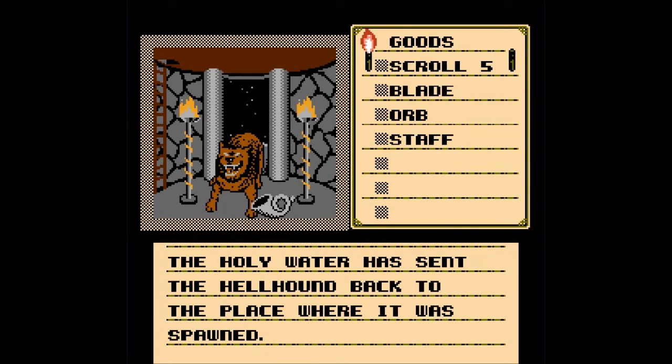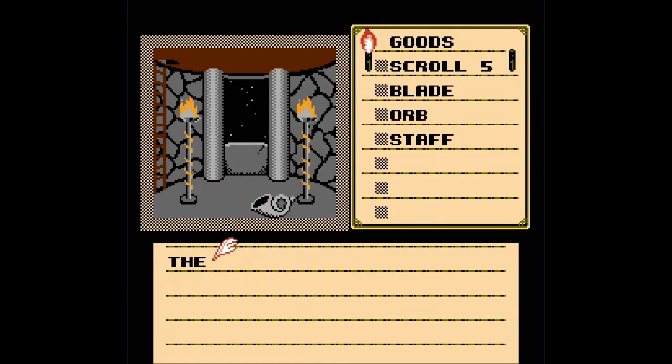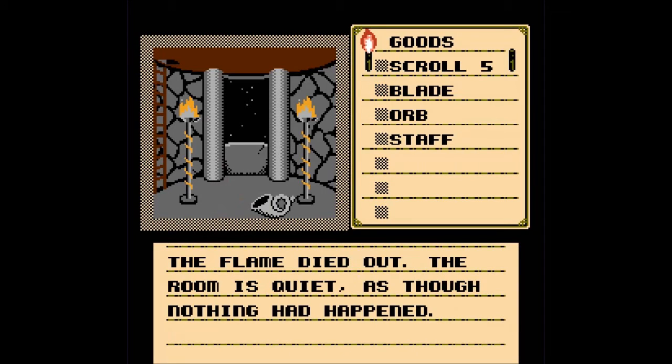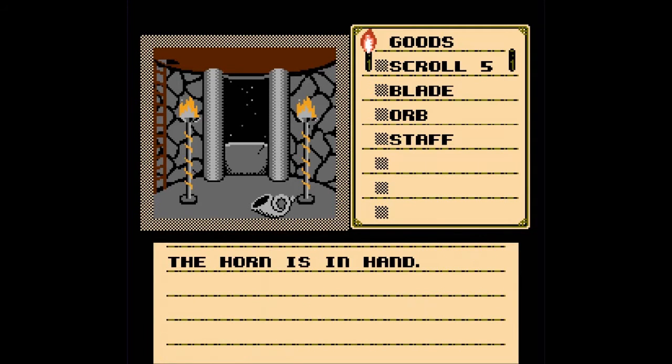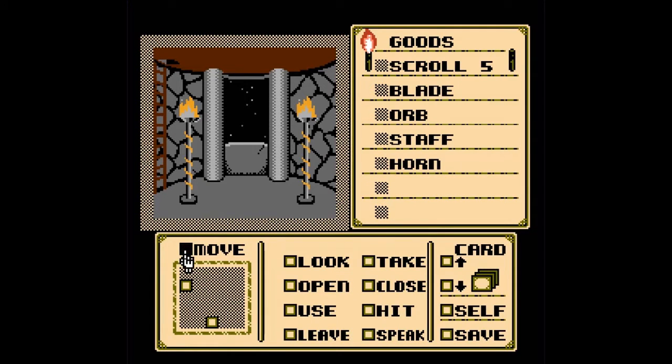The holy water has sent the Hellhound back to the place where it was spawned. I mean, hell? Yeah. The flame died out. The room is quiet, as though nothing had happened. So now, we will take the pretty platinum horn. Oh yeah. Now, let's go up the ladder to find...